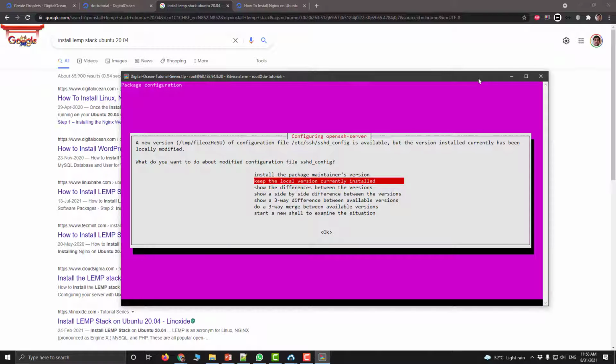Now during installation, as you see, it is asking whether the SSHD config that we changed, the port number and the authentication methods, so that file has been modified. Do you want to keep the modification? So the default option is always the most safe one, so we want to keep those modifications obviously, because if I change it and let's say you have blocked port number 22, then if you restore the default version, then again that port number will be changed and you will be logged out of your computer. So that's not very helpful.